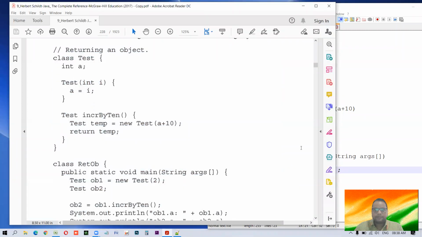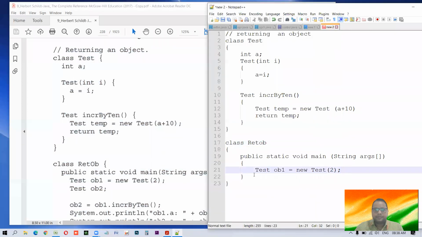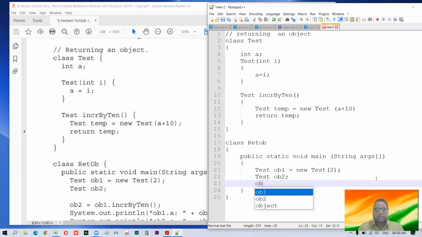Now next, we are making another object, which is object 2, and this time we are not doing anything with this. So look what we are doing, we are simply using this variable. Now we'll call ob1 dot.